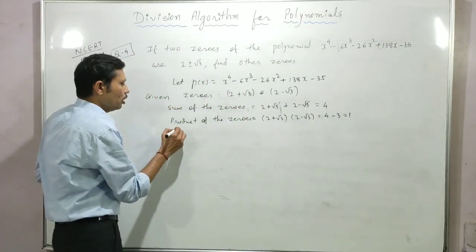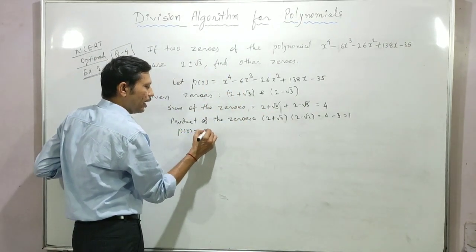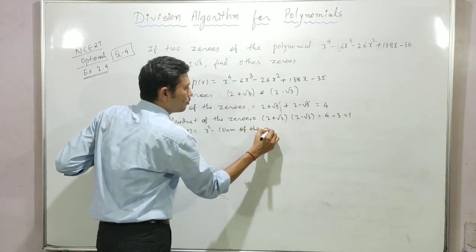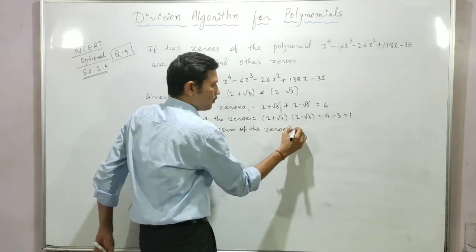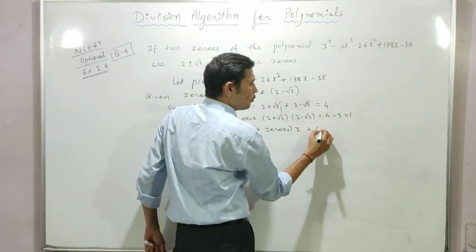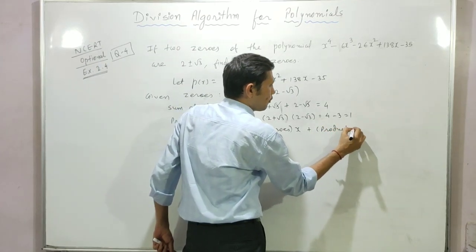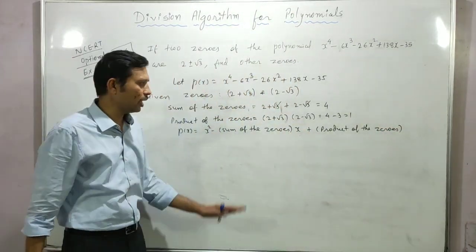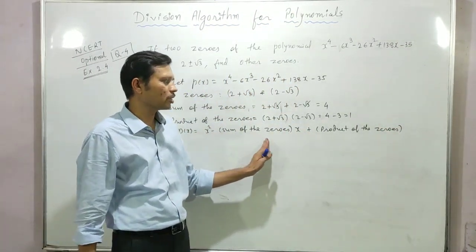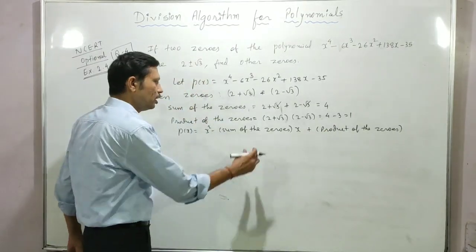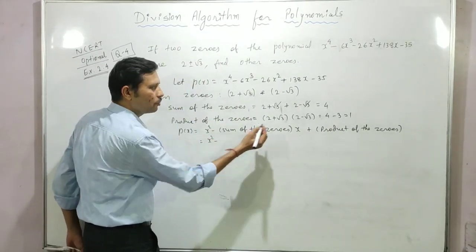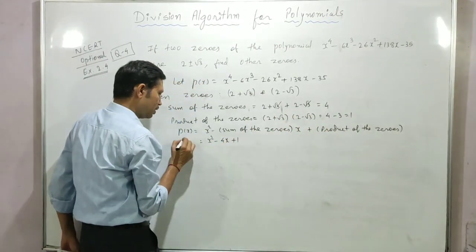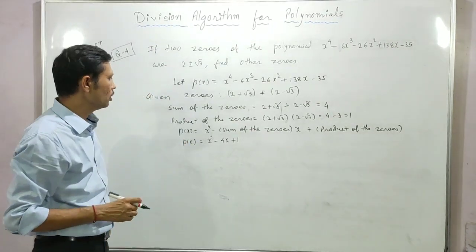And from that, earlier we discussed the formula: x square minus the sum of the zeros into x plus the product of the zeros. Remember, children, the formula is, I had written it as alpha and beta, x square minus (alpha plus beta) into x plus alpha into beta, right? So here I will place the sum of the zeros, that is 4x, and the product of the zeros, that is 1. This way also we can calculate.